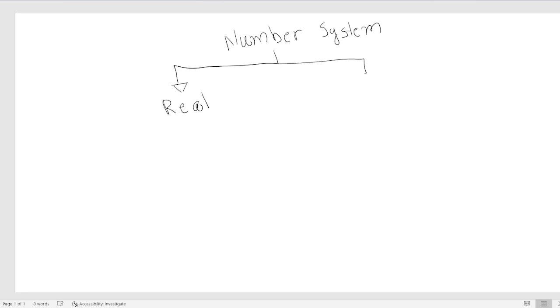Hello everyone. Today we are going to be talking about the number system. So number system is classified into two more systems. When these two systems combine, we get the number system. One is the real and the other is the complex system. But in this video my emphasis is going to be on real, and complex I'm going to do in some other video hopefully. So real, in real numbers we're going to talk about rational,